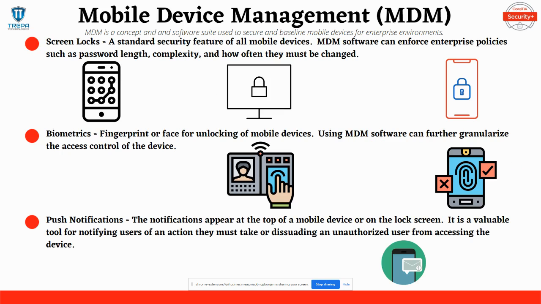Screen locks will protect your phone from being accessed by any unauthorized party. MDM software can also place parameters on the complexity of the PIN or password used to unlock mobile devices. Biometrics can also prevent unauthorized persons from accessing your mobile device. We've talked about this in previous videos with Face ID or using fingerprint scanning on, let's say, the Apple iPhone